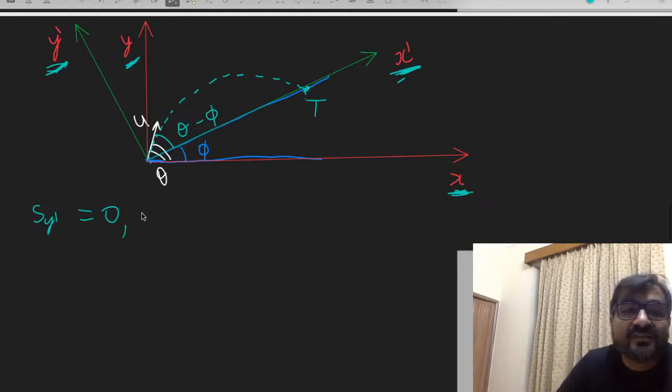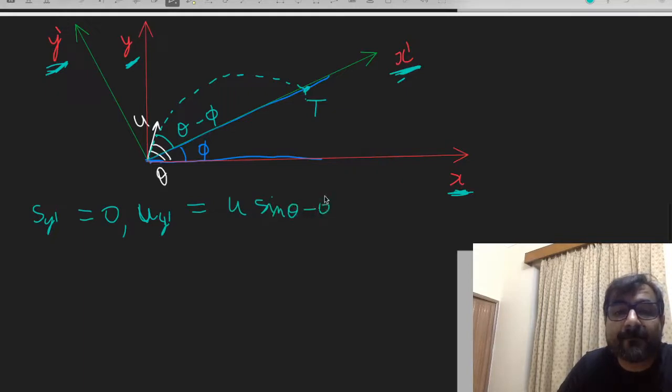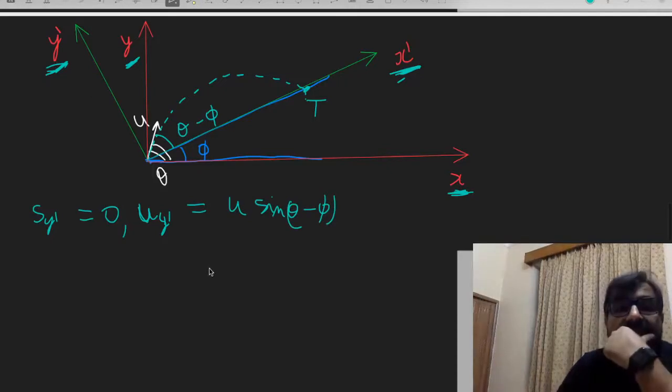So the initial velocity along y dash is u sine theta minus phi. Not only that,